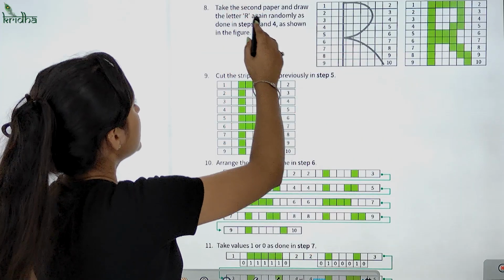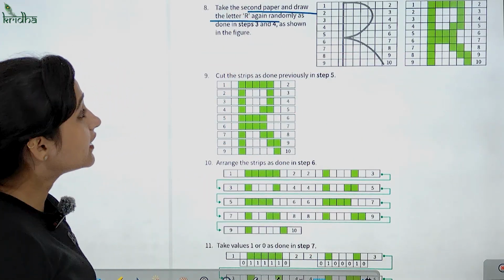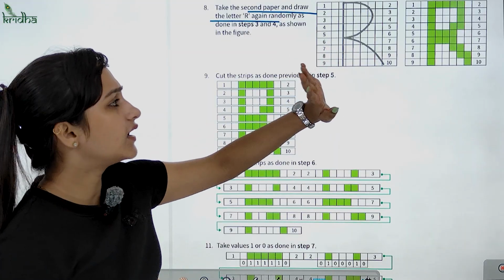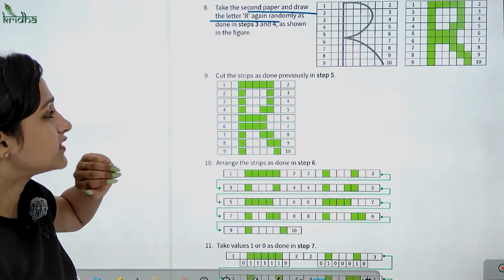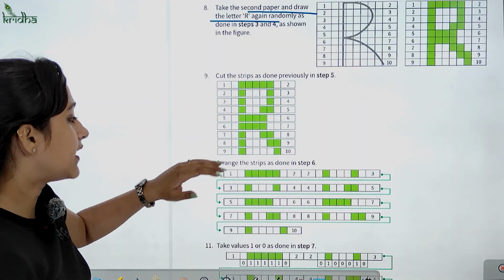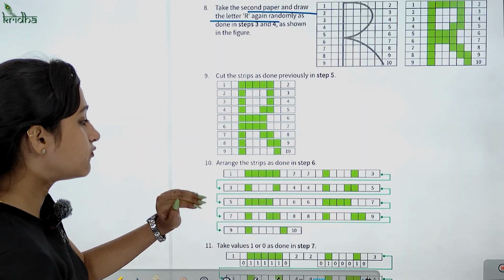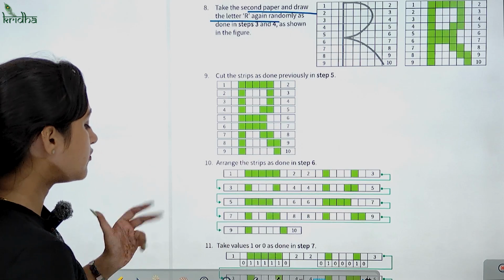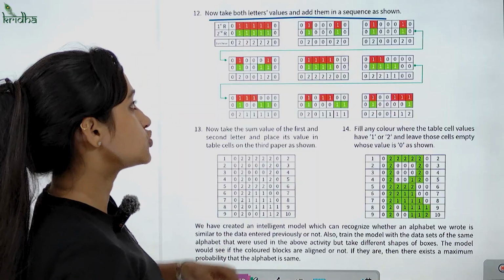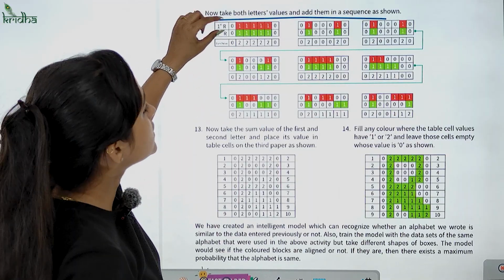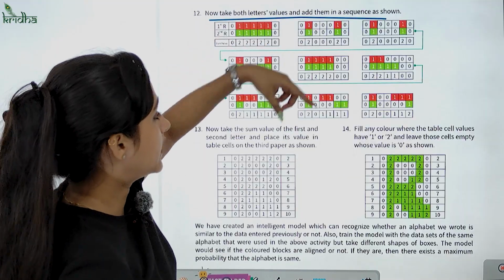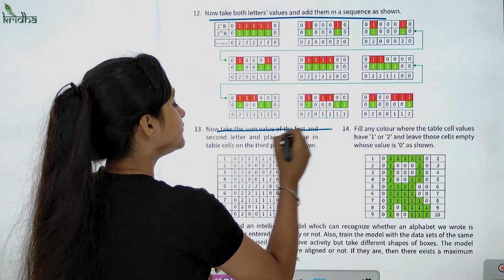Then take the second paper and draw the letter R. Again randomly, done in step 3 and 4 as shown in the figure. दूसरा पेपर जो था उस पर भी R डालो ऐसे, फिर उसे ग्रीन कर देना है। Cut the strip as shown previously in step 5, फिर से 1 से 9 तक देना है, 2 से 10 तक देना है, अरेंज करना है उसको। फिर जो ब्लैंक है वो 0 रहेगा, जो ग्रीन है आपका वो 1 रहेगा। Now take both letters' values and add them in a sequence as shown. दोनों लेटर्स की वैल्यूज को ऐड करो और उन्हें सीक्वेंस में ऐड करो, 1 1 2 1 1 2 like this, सीक्वेंस में ऐड करना है आपको।